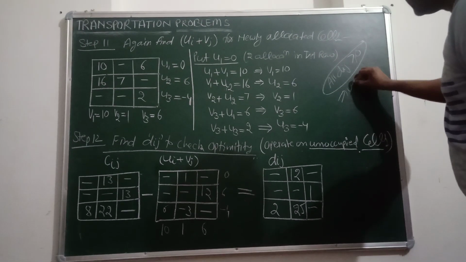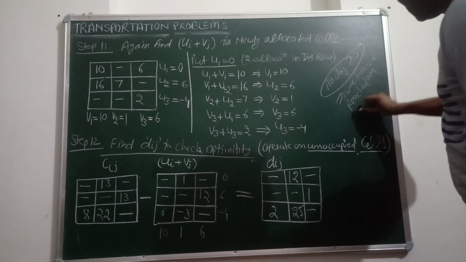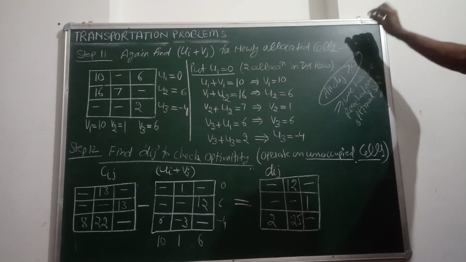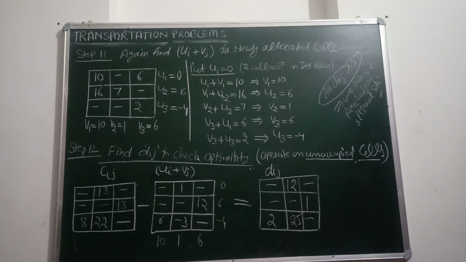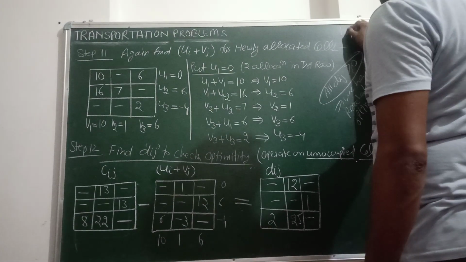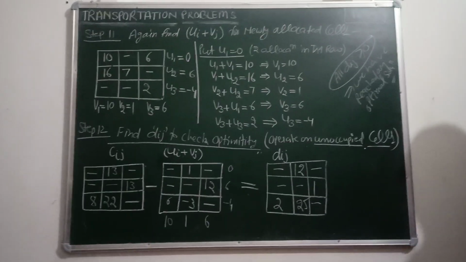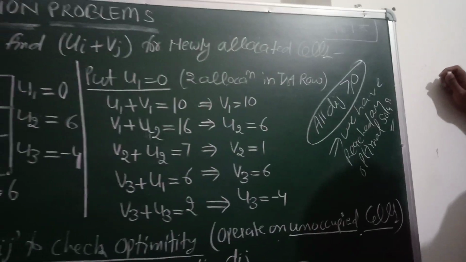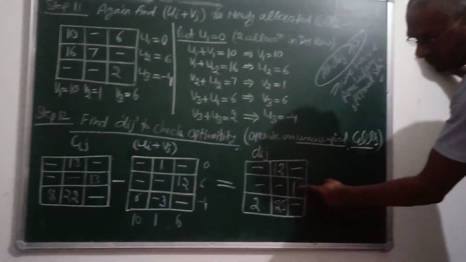So we have reached an optimal solution, and the cost found in the last few steps, that is the cost of 189 rupees, is the total minimum cost which can be found using this transportation problem. So the condition to stop using the UV method is that when all the values of dij are greater than or equal to 0.